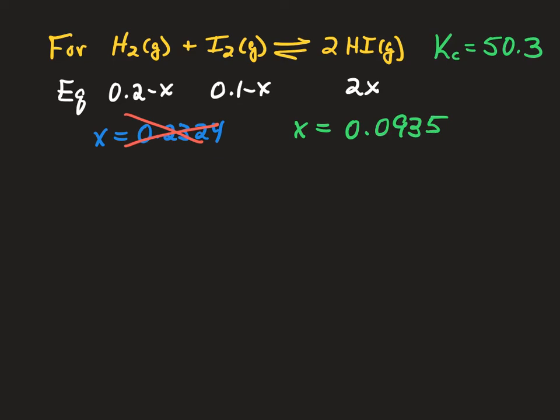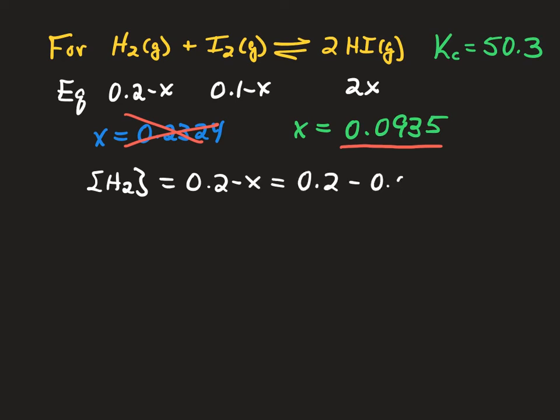If we look at this, 0.0935 is less than 0.1. Even there, we will get a positive number. And so at least at this point, it looks like this might be a reasonable answer. Now we have to go through and define our final concentrations, using our x and the way we defined them before. So our concentration of hydrogen at equilibrium we said was going to be 0.2 minus x, which would be 0.2